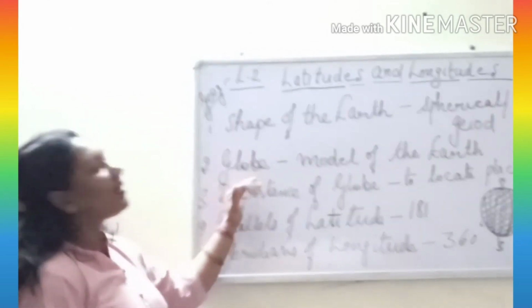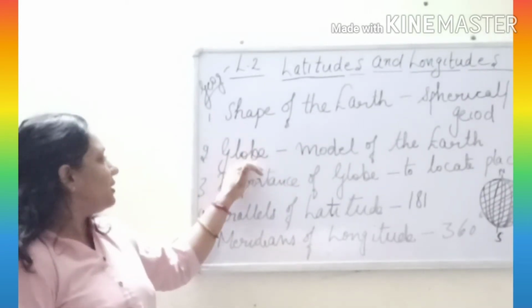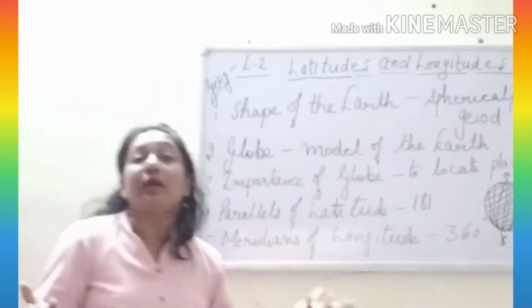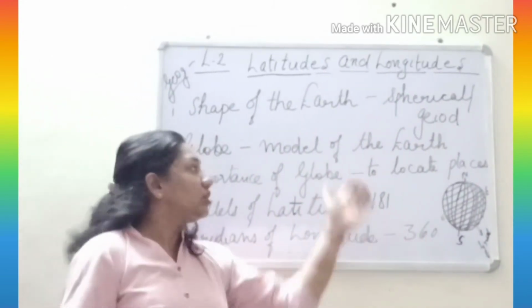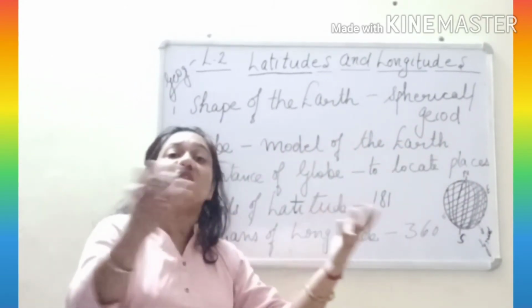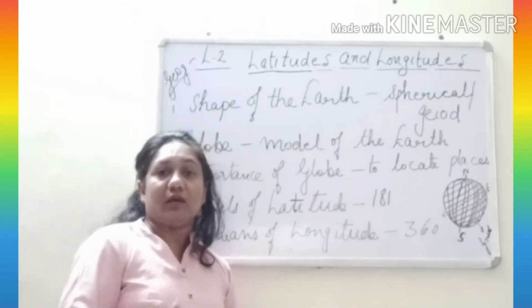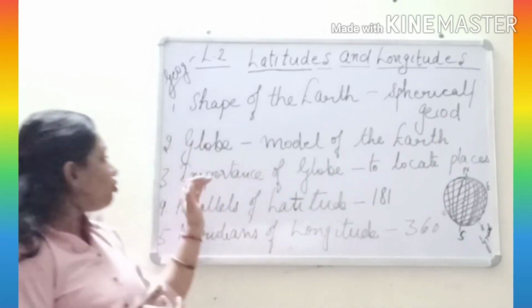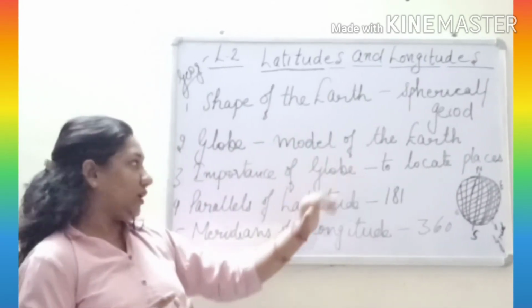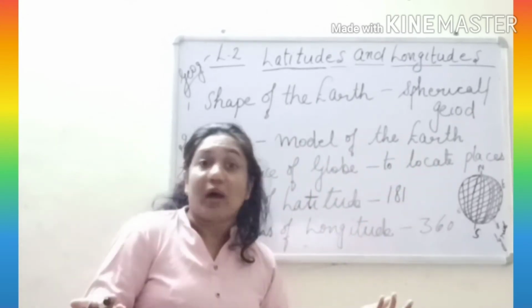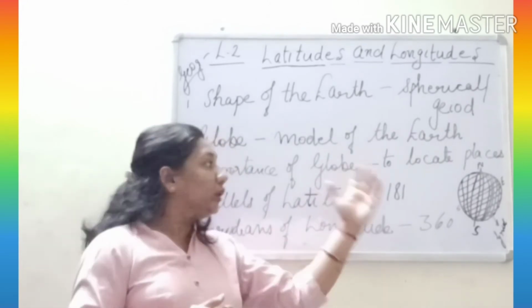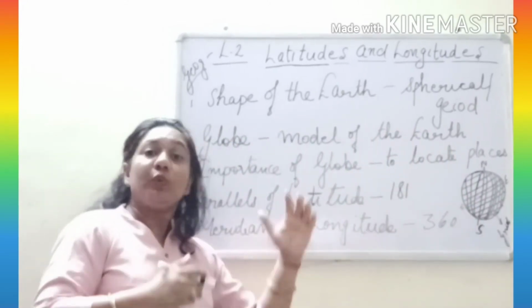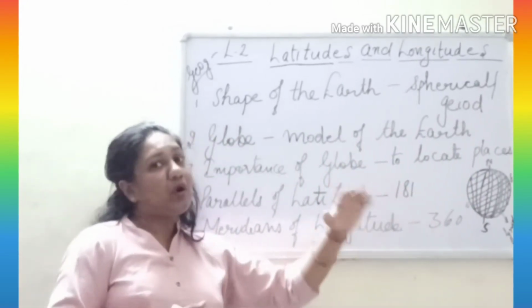Okay, now let's come to another concept, that is globe. So now what is a globe? We have seen that globe is nothing but a model of earth. It is just a replica of earth, and it is very easy to carry, that we have learned in the importance of globe. And then why it is necessary? It is useful when we need to locate any place. So we can either locate it on the map or on the globe.